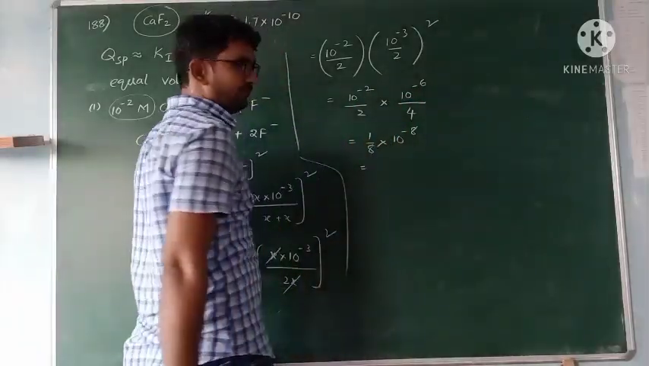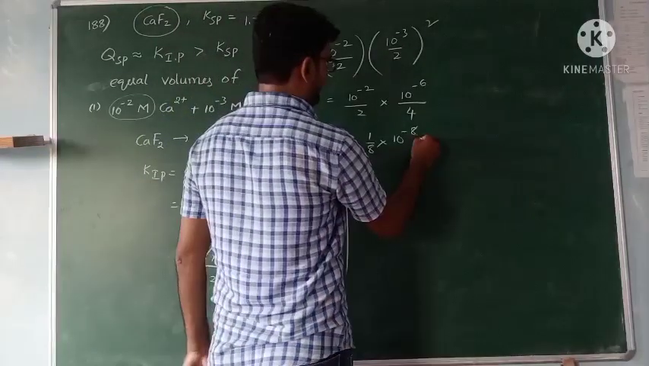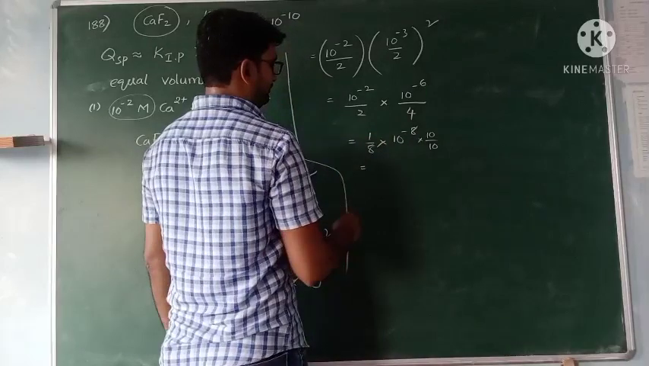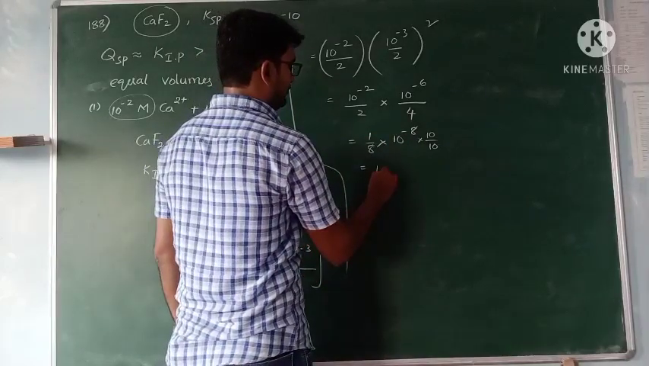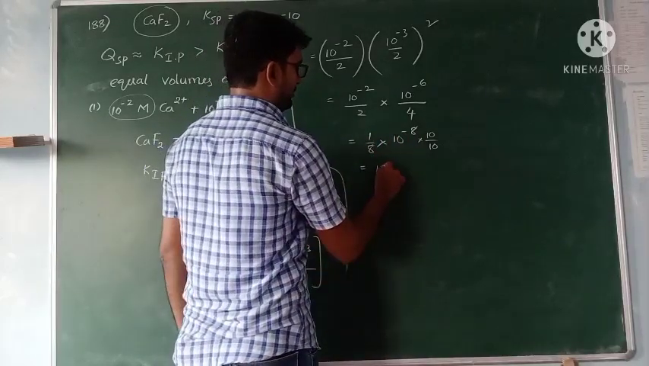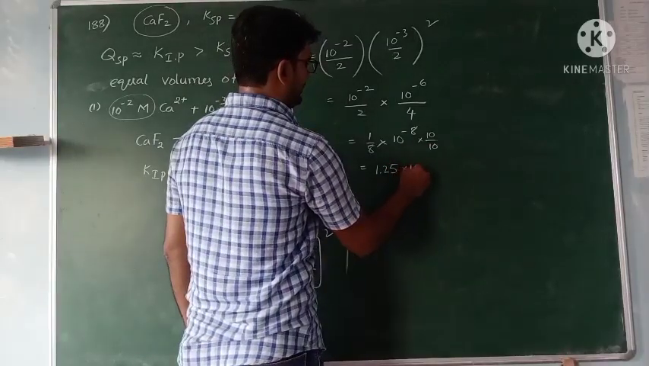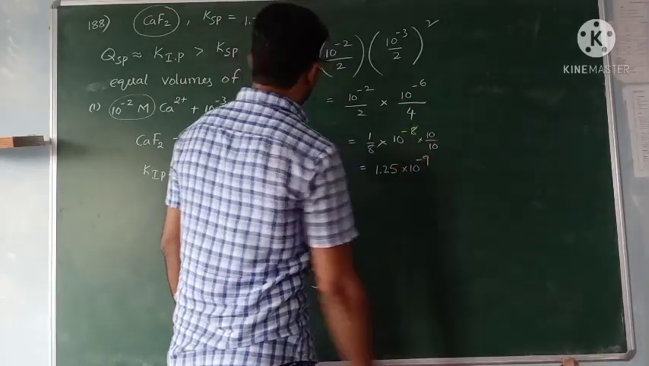1 by 8 value. For our convenience, take 10 by 10, so 10 by 8 value. 8 1s are 8, 8 2s are 16, 8 5s are 40. So 1.25 into 10 to the power of minus 9. This is the